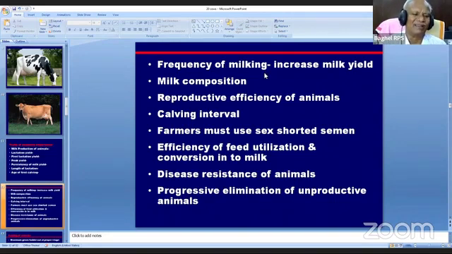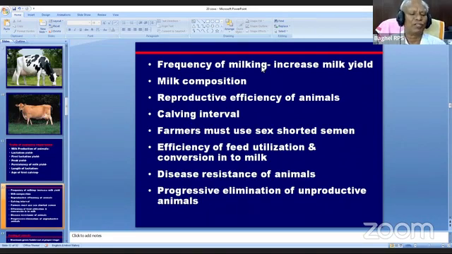Frequency of milking. Usually we have the habit of milking the animals twice a day, and laborers usually try to neglect even that. But dear friends, if the frequency of milking is increased, if milking is done 3 times a day, kindly remember around 20% milk production will increase if the animal is given excellent quality feed. So frequency of milking will increase your total milk production.